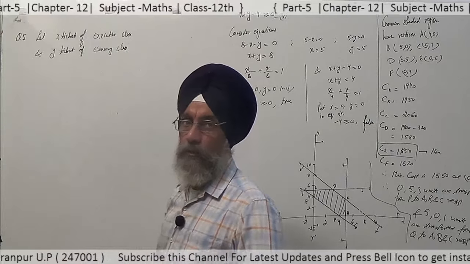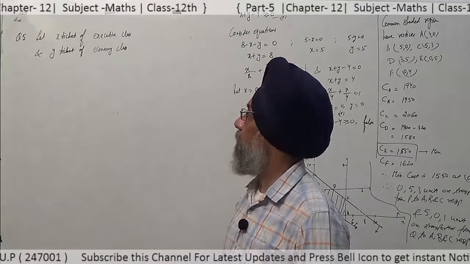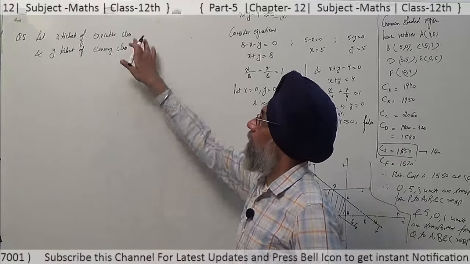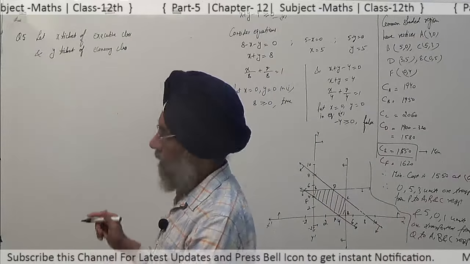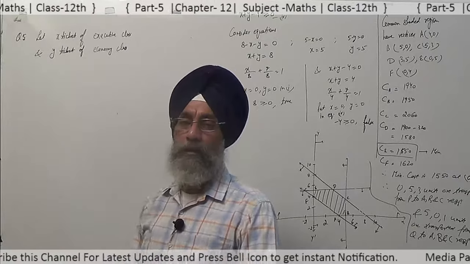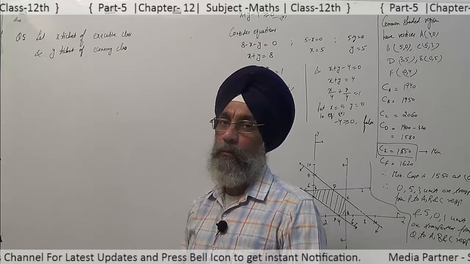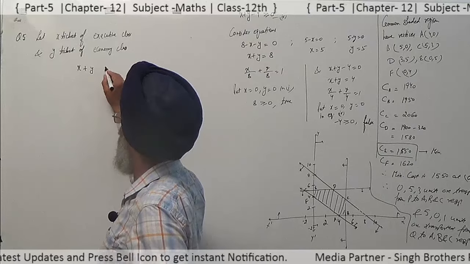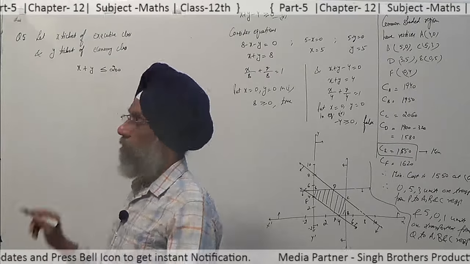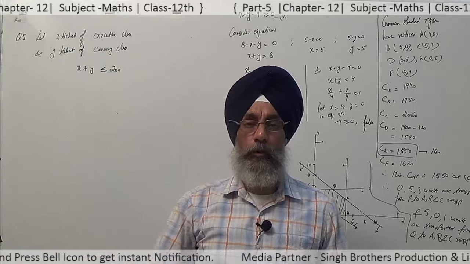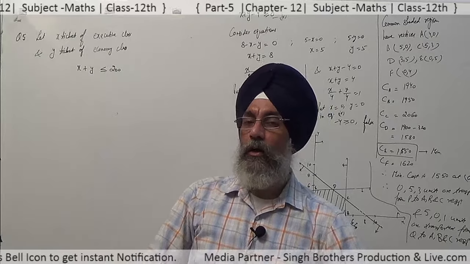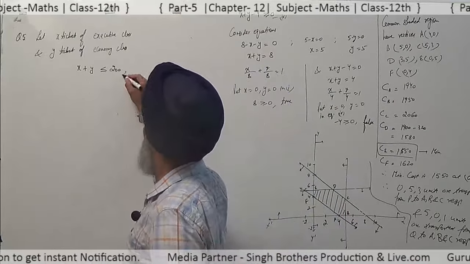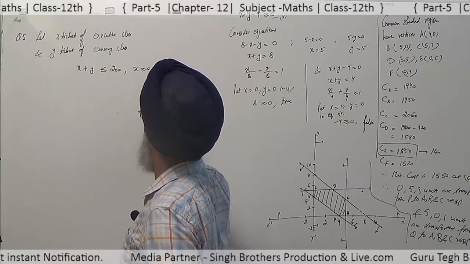Executive class tickets are more costly as compared to that of the economy, so facilities भी इसमें ज़्यादा मिलती हैं. फिलहाल यहाँ प्रॉफिट के बारे में हम बात करें. There are 200 passengers that can be boarded on the plane, maximum. So first हमारे पास क्या बनेगा, x plus y must be less than equal to 200 because we can't take more than 200 passengers. It can be 200 or less than 200. Moreover, x is greater than equal to 0, y greater than 0.